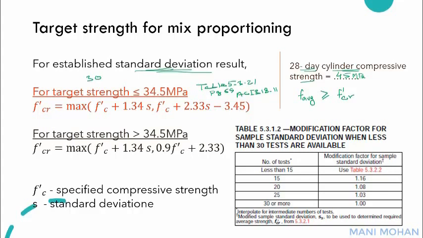For target strength to be greater than 34.5 megapascal, target strength is given as maximum of two formulas. One is specified characteristic strength plus 1.34 times standard deviation, or 0.9 times specified compressive strength plus 2.3. So this formula is applicable when we have standard deviation result established based on minimum 30 number of test results. Suppose if we have test results less than 30 but at least 15 are available, the calculated standard deviation is increased by the factor given in table 5.3.1.2, which is presented page number 68 of ACI code